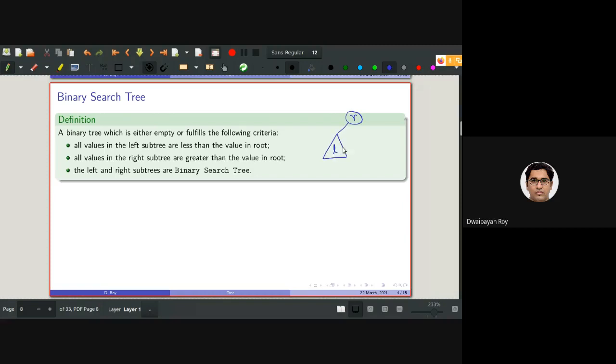So if I draw a basic template of a binary search tree or a binary tree in general, this binary tree will be a binary search tree if all values here are less than the value stored in the root. All the values stored in here in this Ri are greater than the value of R. Now, how are we imposing this?